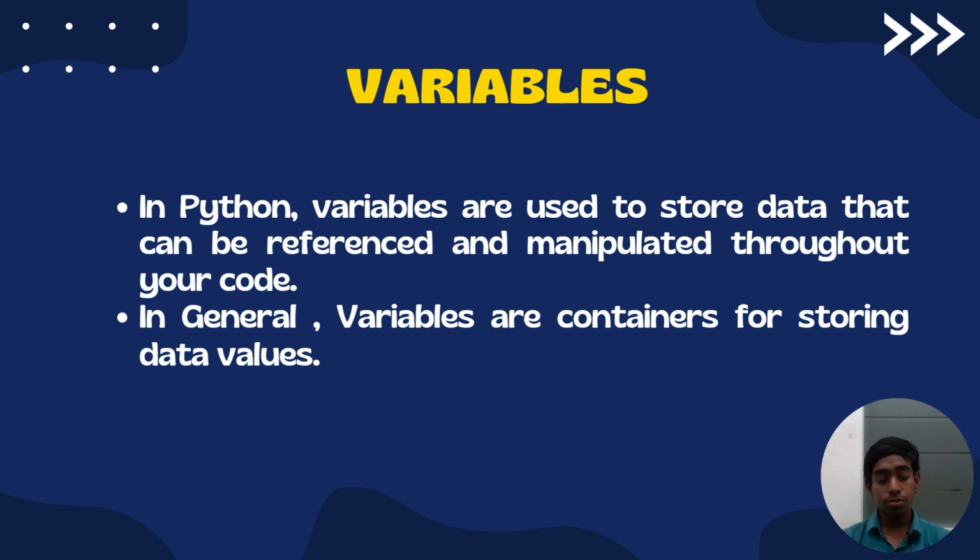In that, if we want to store values, we cannot store them directly. For that, we should first assign a value to a variable. In simple words, a variable is the name of a memory location where we can store different types of values. For that, we should first assign a variable, and then it will be stored in the memory location.